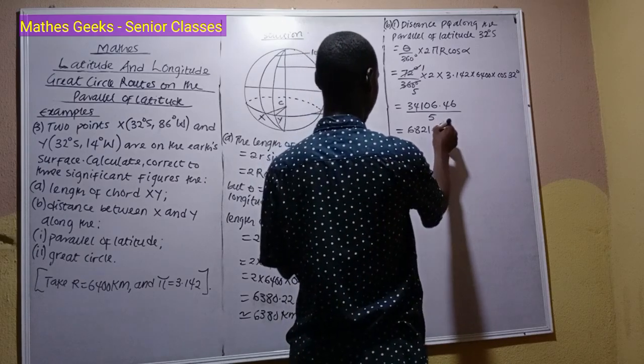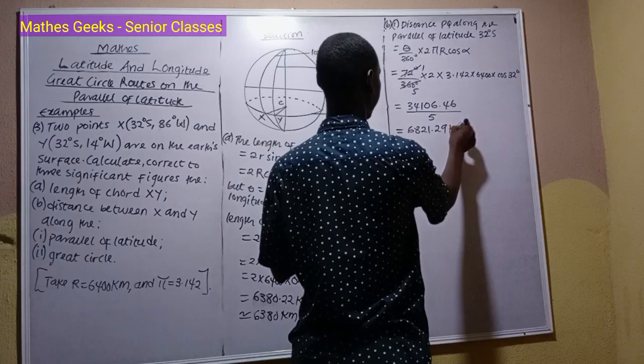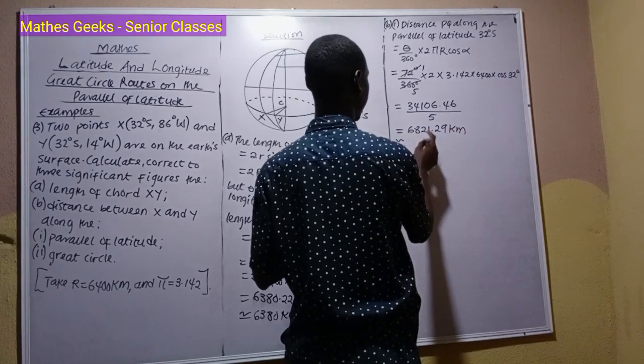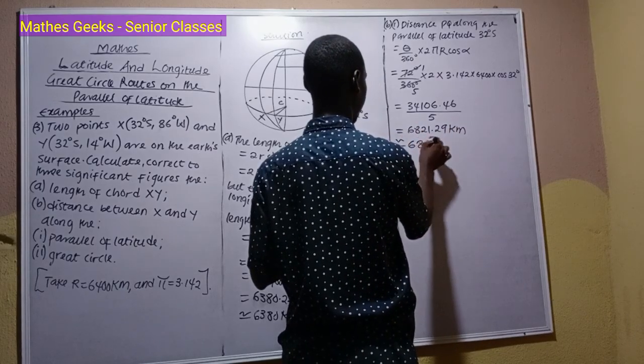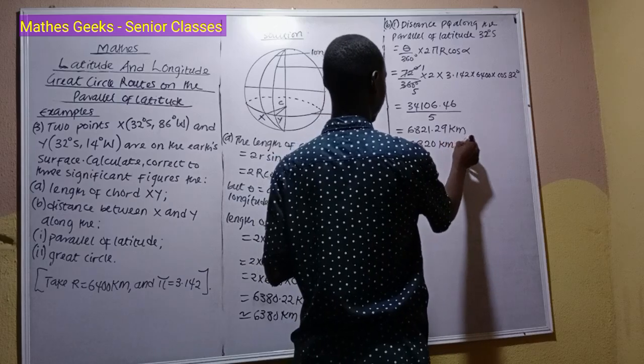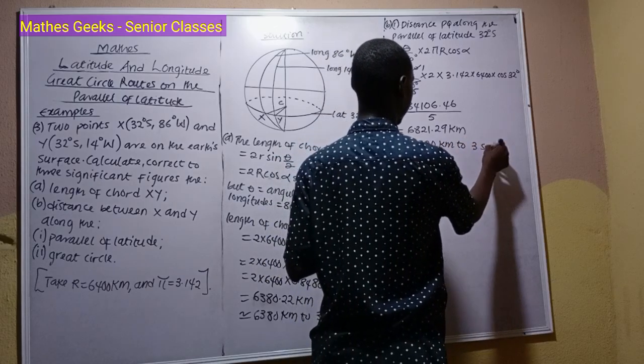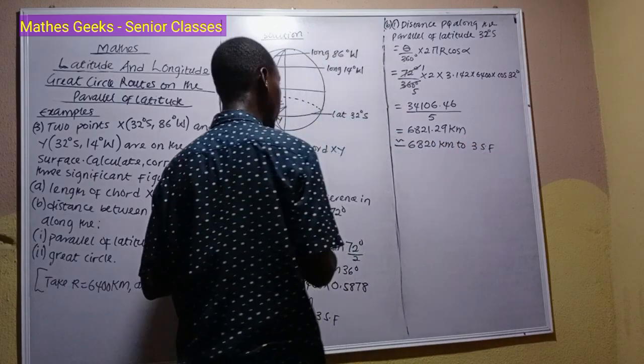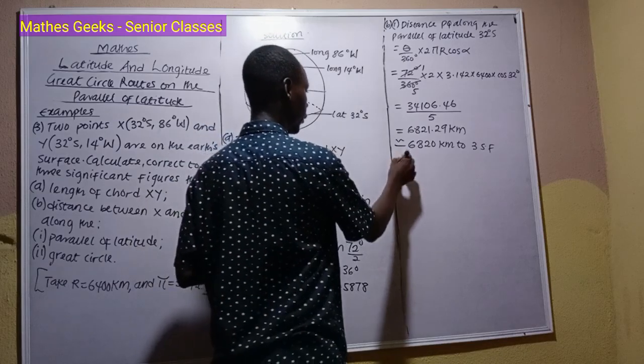That's 29 kilometers. So approximately 6,820 kilometers to 3 significant figures. Then B2,